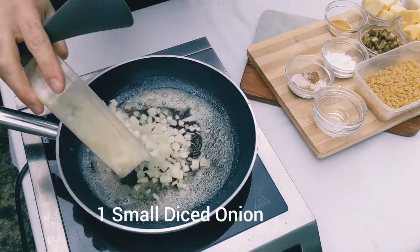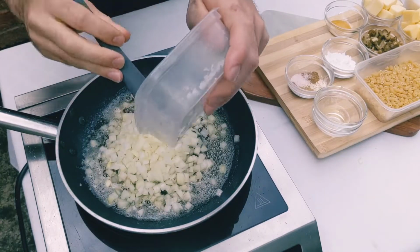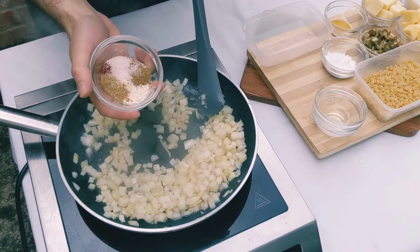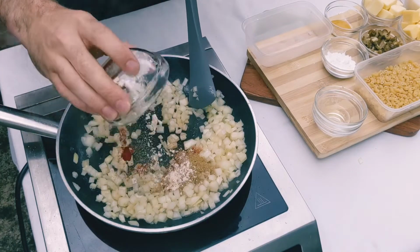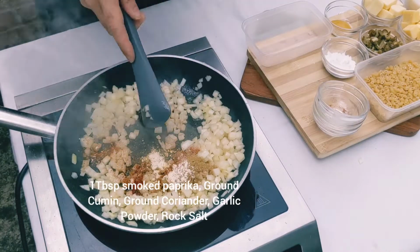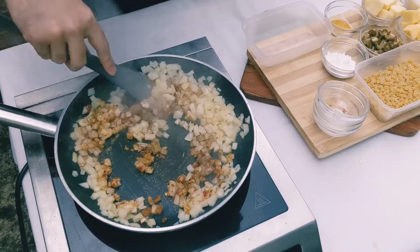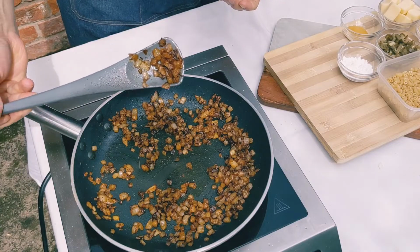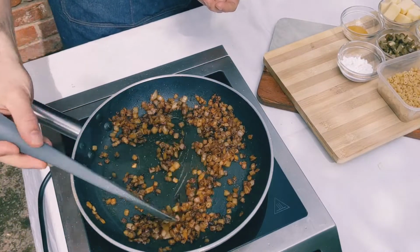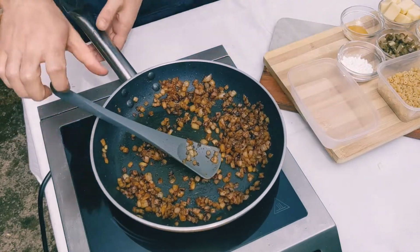So when the oil and butter is melted nice and hot, I sweat down the onions for 10 to 15 minutes, just to release their natural sugars, and I add some spice as well during the sweating down stage. I add coriander, cumin, garlic powder, smoked paprika and a bit of salt. After the onions have absorbed the spices, they turn a nice golden colour. We then allow them to cool on the side,